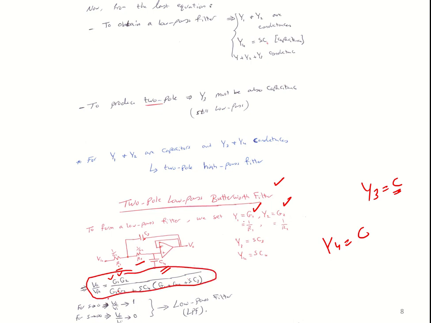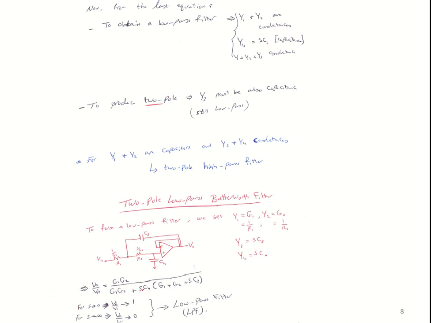We can also analyze from this transfer function when S is 0, the output will be 1. This term is 0, this will go, and these two will be cancelled out, and the output will become 1. So this is the case where we have the maximum gain value. And if you put S equal to infinity, 1 over infinity will be 0, so the output will be 0. So when frequency is low, you have the maximum value. When frequency is high, you have a lower value. This is basically the characteristic of a low pass filter.